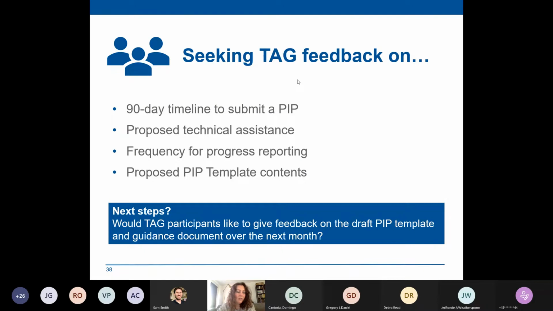This conversation about accountability will continue with the new advisory committee. Once they start, we'll bring questions back to the TAG occasionally. And again, as I mentioned, we will have a full rules advisory committee process, so this is not a short window for feedback, but we do want to get the conversation started. If there are others in your organization who you think should start tracking the TAG more closely because we're starting to have these conversations, let us know. You're welcome to share this internally and start figuring out how to have those conversations. Thank you for going through this intro with us today.